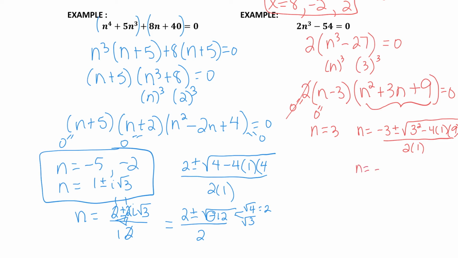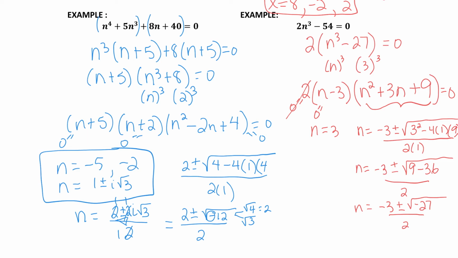That's n equals negative 3 plus or minus the square root of 9 minus 36, all over 2. So let's keep going. 9 minus 36 would be negative 27,